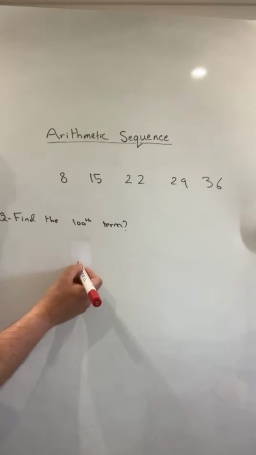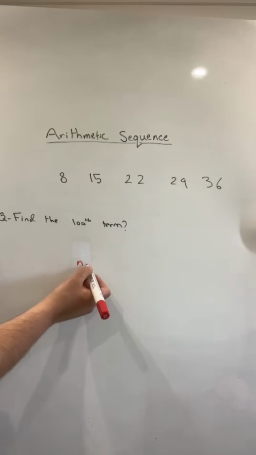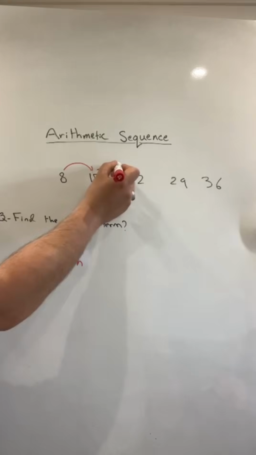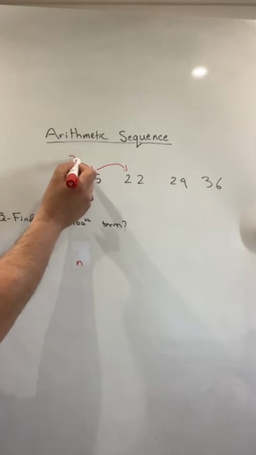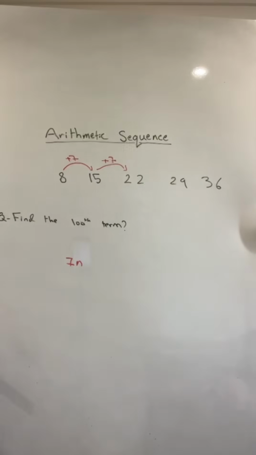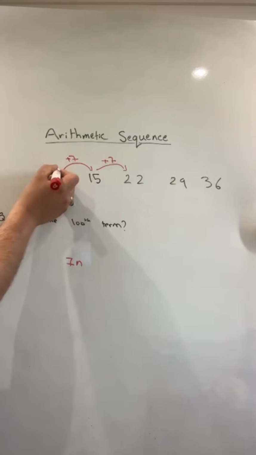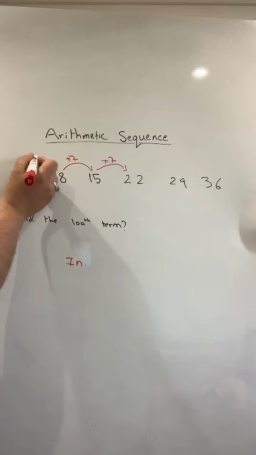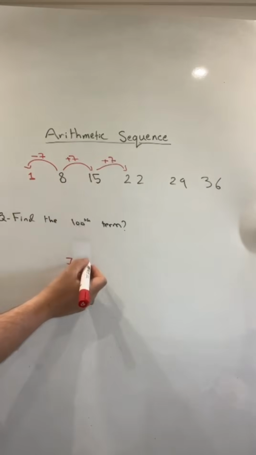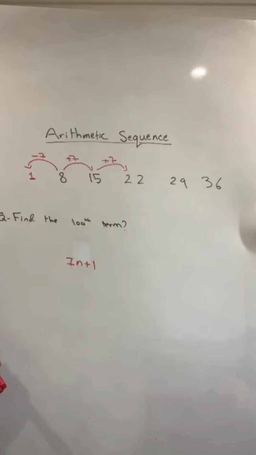It's going to be involving n, so it's going to be something times n, then plus or minus a number. You just find the difference between each term. In this case, it's going to be plus 7, so you're just going to put 7n in here. Now, for what you're going to add or minus, just go back a term. Obviously, if you go back a term, you're going to do minus 7, so you're going to get 1. That number is going to be here. In this case, positive, so I'll put plus 1.